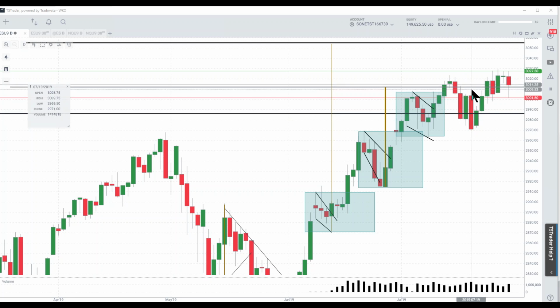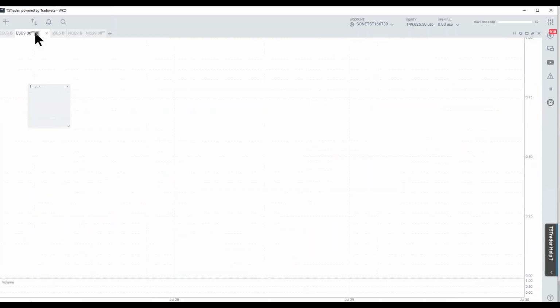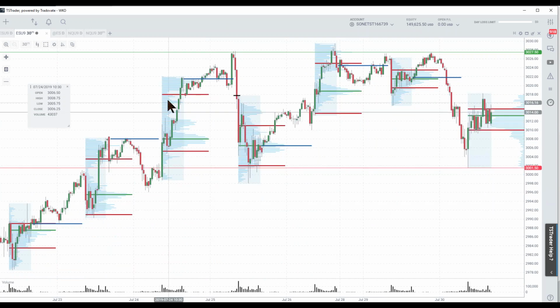Following day, unable to reach that level again, another emotional day to the downside. When we're looking at these markets as auctions, when the auction begins to exhaust itself, it needs to either pull back or balance to be able to even out the inventory to be able to continue the move to the upside.